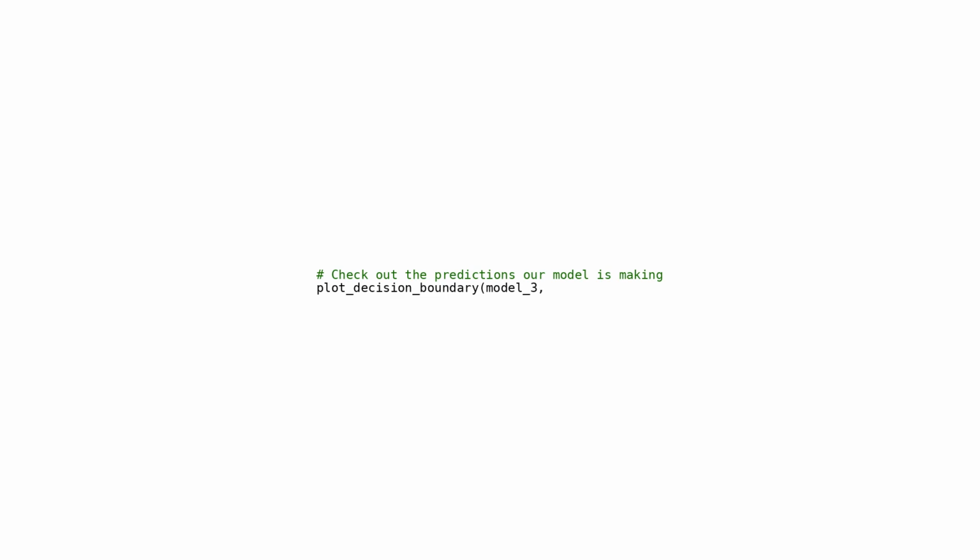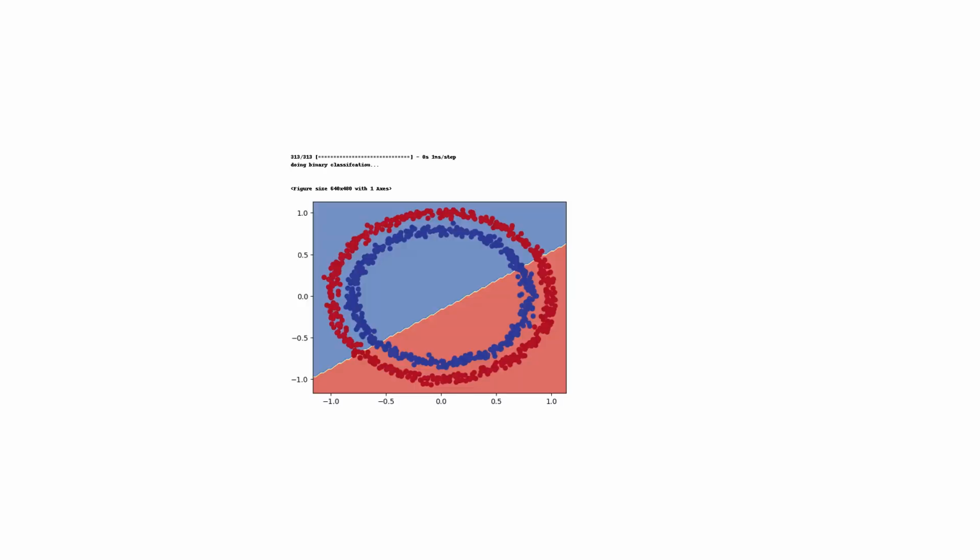This particular code does not perform any training or prediction. It solely focuses on displaying the decision boundary of an already trained model_3, for the given dataset, X and Y. It helps in understanding and interpreting how the model is performing and what kind of decisions it makes when classifying